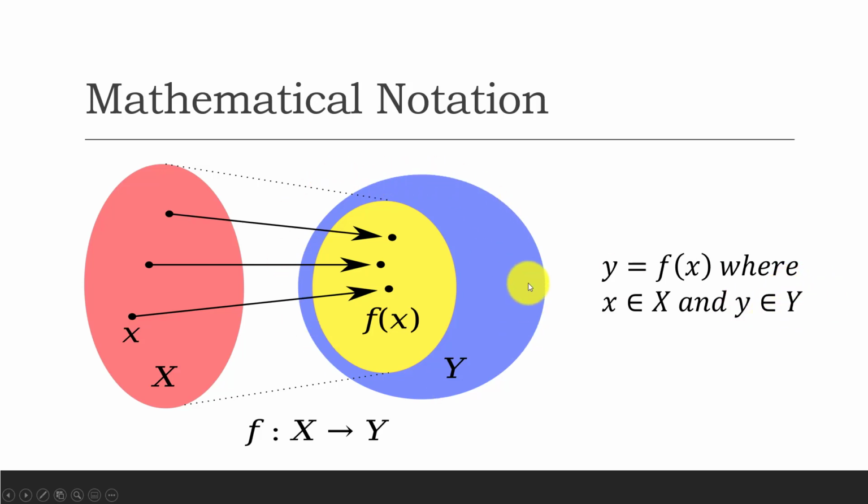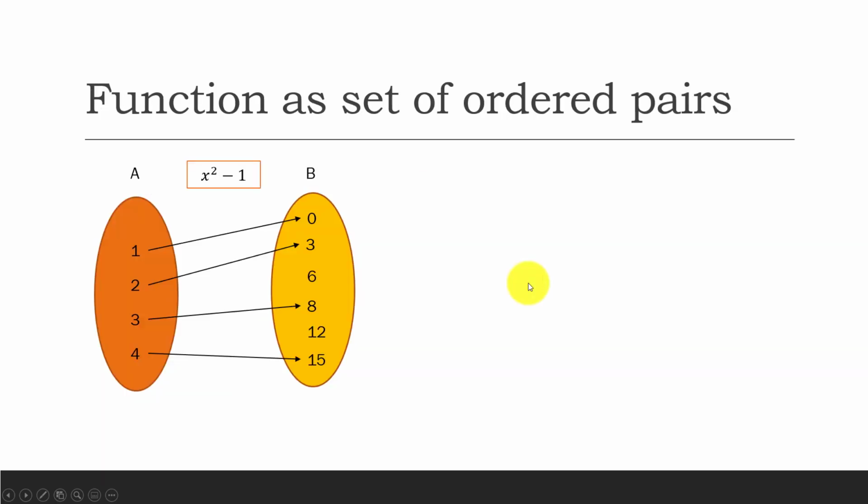This definition from set theory also allows us to write the function as a set of ordered pairs. So if we go back to our second example, x squared minus 1, we can express this function f as a pair of elements, where the first element is coming